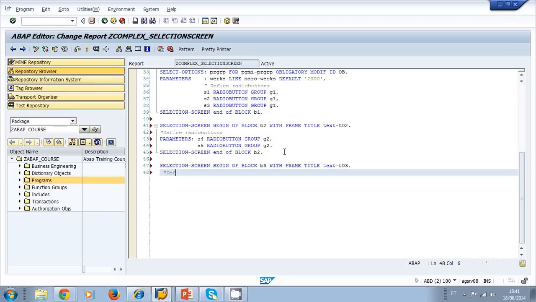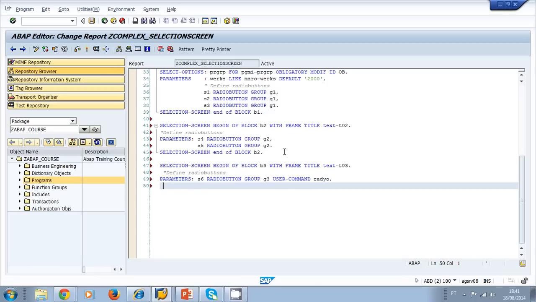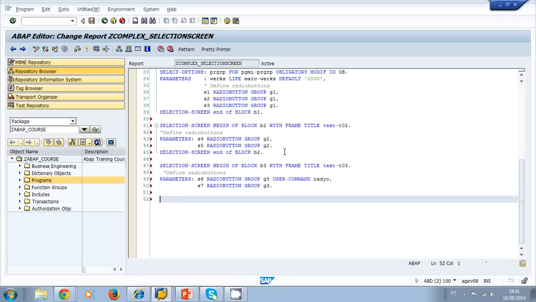I'm going to define more radio buttons here. Later on you're going to understand why I'm defining so many radio buttons. We're going to have a use for each one. So I define another radio button to group 3, and we're going to assign a user command, even though we don't need it all the time. I'm going to assign it this time. And then another radio button. Now inside this selection screen we're also going to define